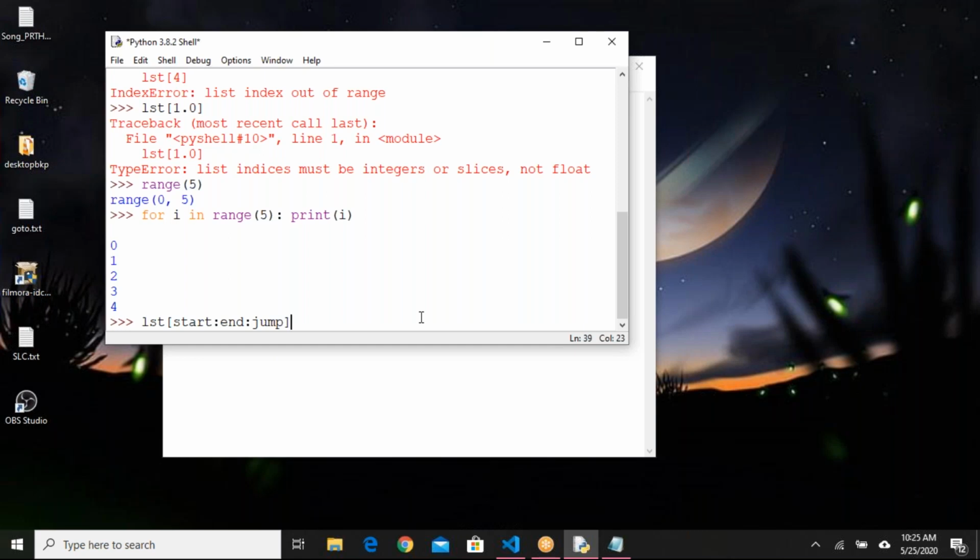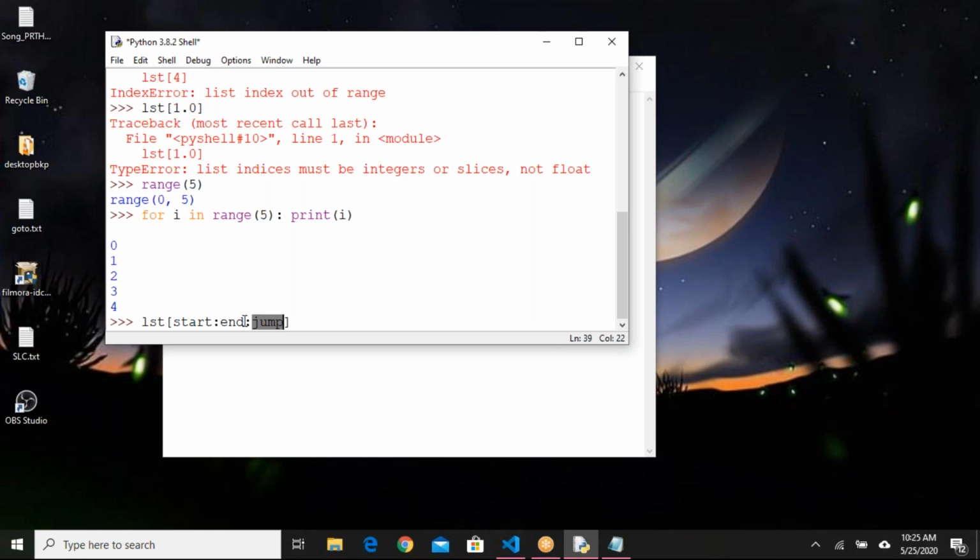So how to use the slicing operation? You have to say I want to operate on my list only. My list name is LST. So LST of, I provide start, end and jump. Three values I need to provide. From where to where you want to pick the data will be decided based on the start and end. Start means the from index, end means the end index. Jump means we can skip some values. We'll see with an example.